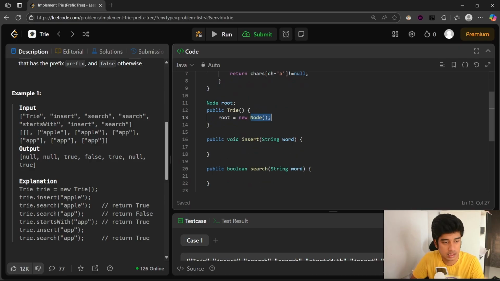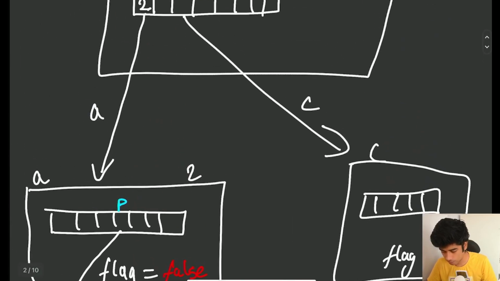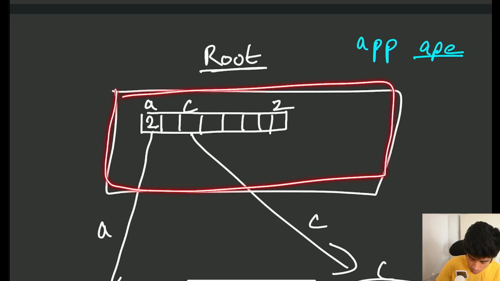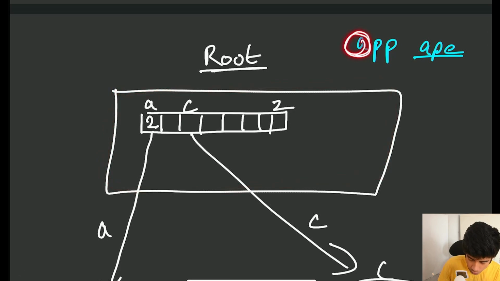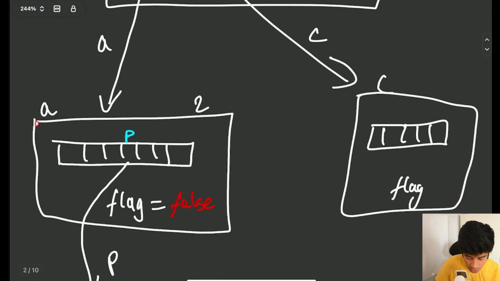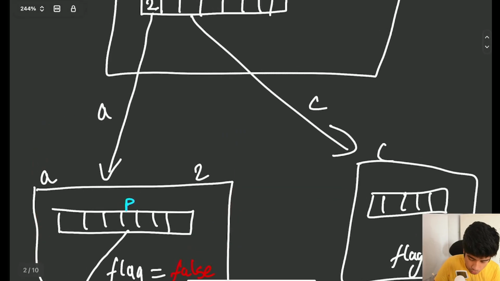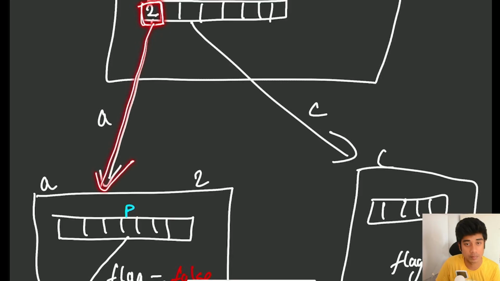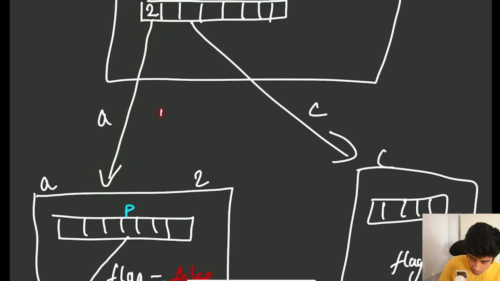Now, once that's done, let's hop into insert. What happens at insert? Let's go back to this. So I'm first at the root. Once I'm at the root and I want to insert A, that means I'll create a new node for A. Listen to me carefully. I'll create a new node for A, and then I'll make sure that at this index, it will point to this node. So since we already have node chars equals new node 26,